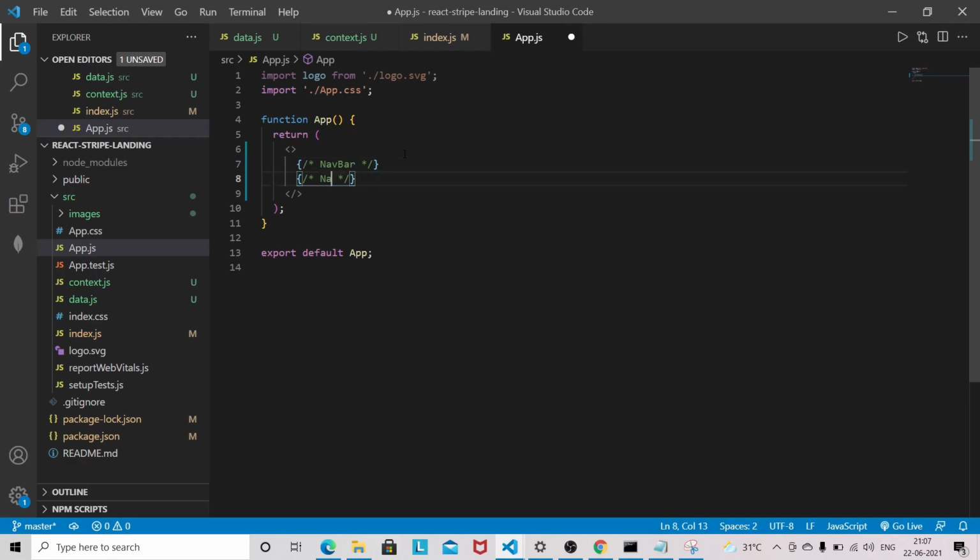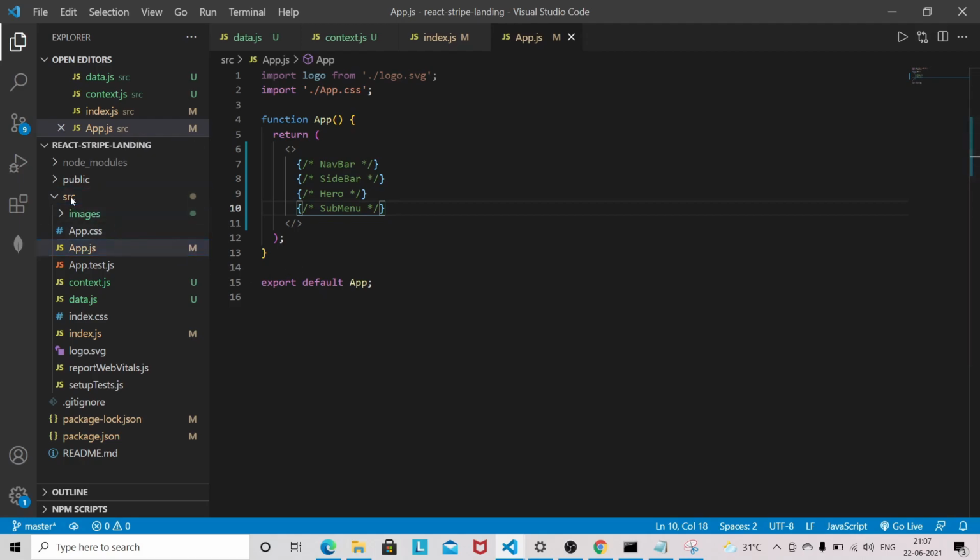Then we need Sidebar, then we need a Hero component, then we need a Submenu component. So these four components are needed to build the Stripe landing page.